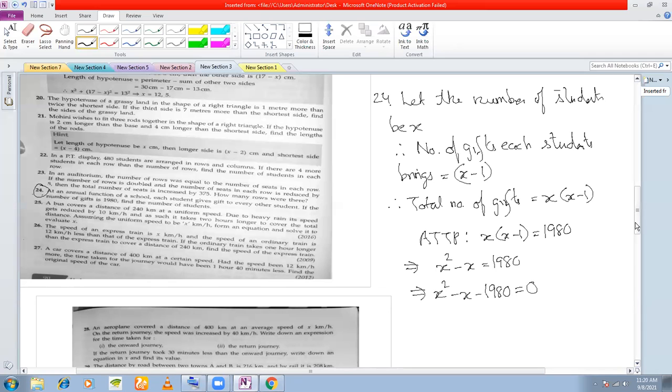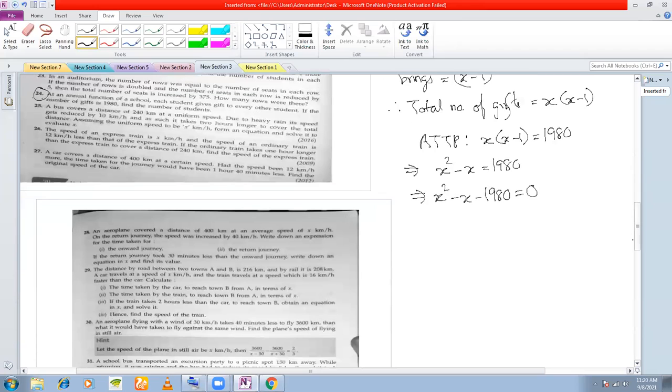Now factorizing this should be a problem. So therefore, it is better to solve this by Sridhar Acharya's formula. So X is equal to minus B plus or minus root over B square minus 4 into A into C, divided by 2 into A,